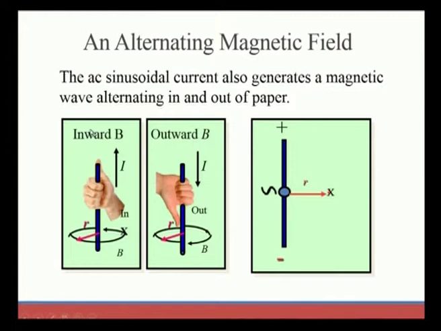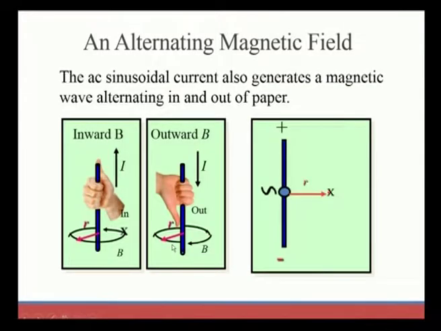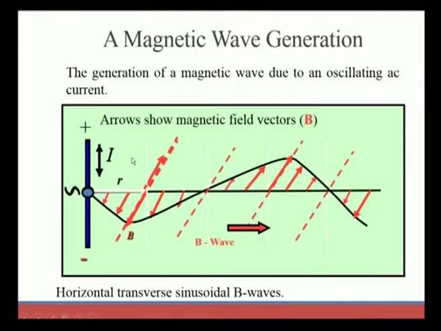So, the magnetic field will be like this: if we hold the conductor which is carrying the current like this, the thumb direction is always the direction of current. As previously said, if it is upward direction, anti-clockwise will be the magnetic field direction. If it is downward, clockwise will be the field direction. So, the generation of the magnetic wave will be like this, it is always perpendicular to the electric field.